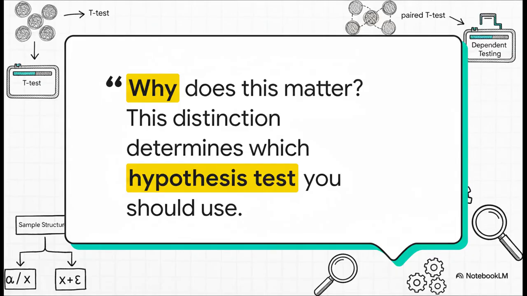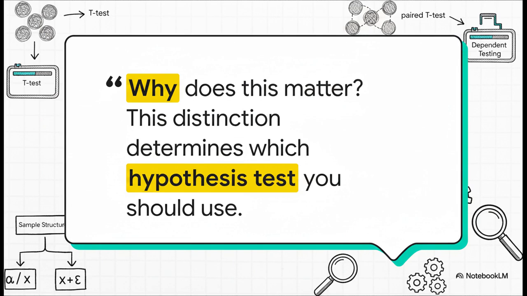And listen, you absolutely cannot mix and match these. Applying a test from that independent column to your paired data, or the other way around, isn't just a small boo-boo. It fundamentally breaks the rules of the test, and you could end up drawing conclusions that are just flat out wrong. So if there's one thing to take away from all of this, it's that you have to understand the structure of your sample before you even think about doing any analysis. It's that critical first step to choosing the right tool for the right job